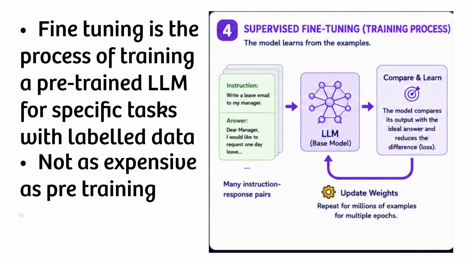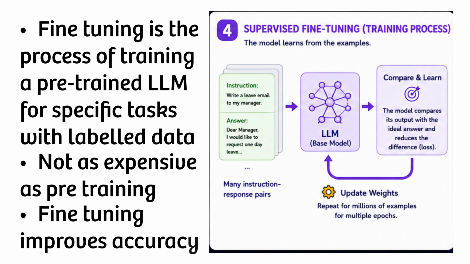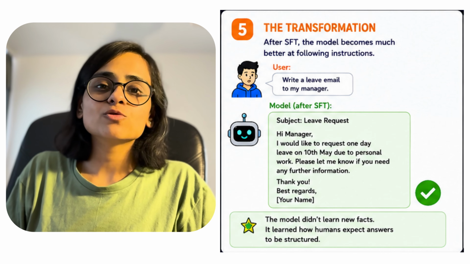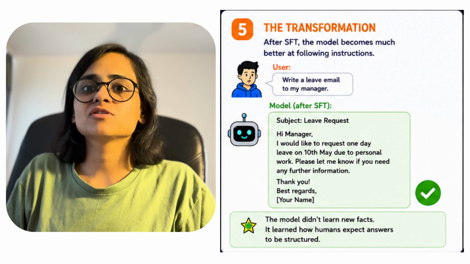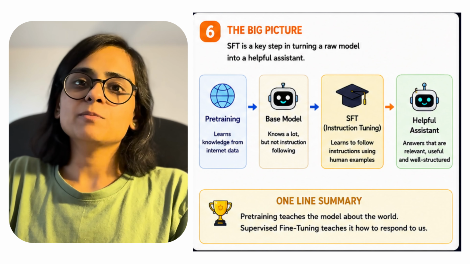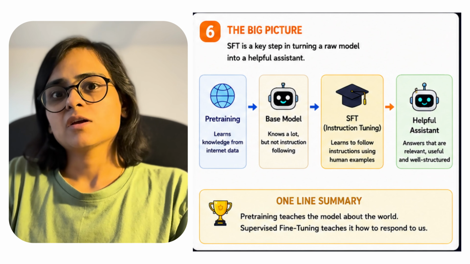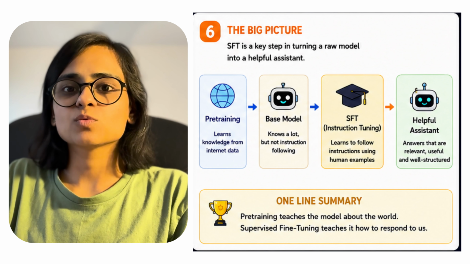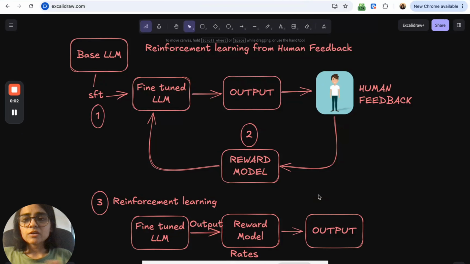Because of this, fine tuning is not as expensive as pre-training, because you're not really training the model from scratch. Also, fine tuning will improve the accuracy and relevancy of the responses a lot, specifically on domain specific tasks. Post fine tuning, you'll be clearly able to see how the model responds. It will be able to follow your instructions and not just predict the next token in sequence. To sum up, we do pre-training, which generates an output base model. Then we perform fine tuning over that base model, which generates a helpful AI assistant or a domain related assistant which can follow instructions.